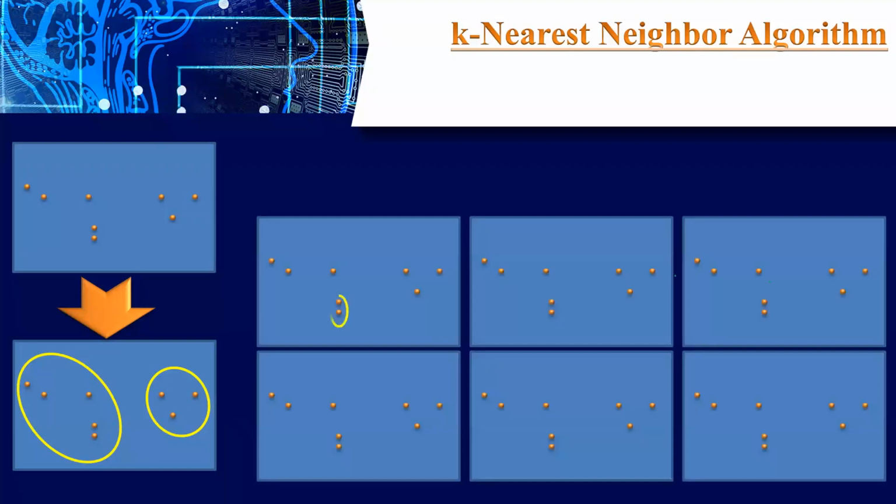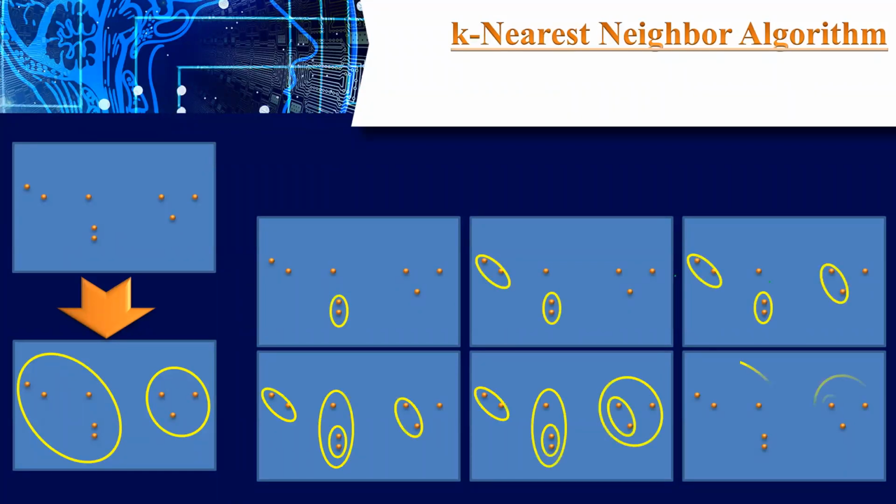Like this. First we have to identify the shortest distance and group them. After that, we identify the next shortest one, and after that the next shortest one, and like this we reach this point. At the end, we will have these two groups here like this. So this is the input and this is the required output, but the work of the algorithm is to group like this. So I have explained each and everything.